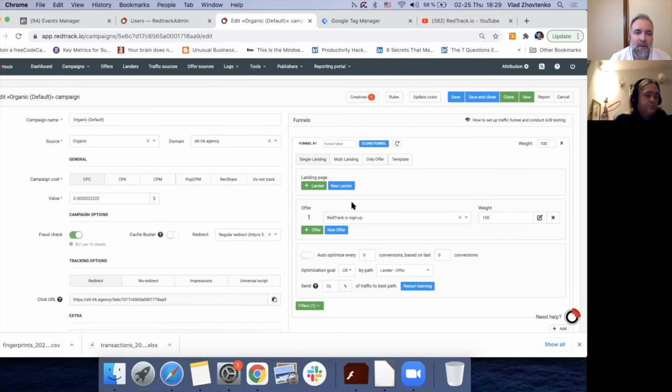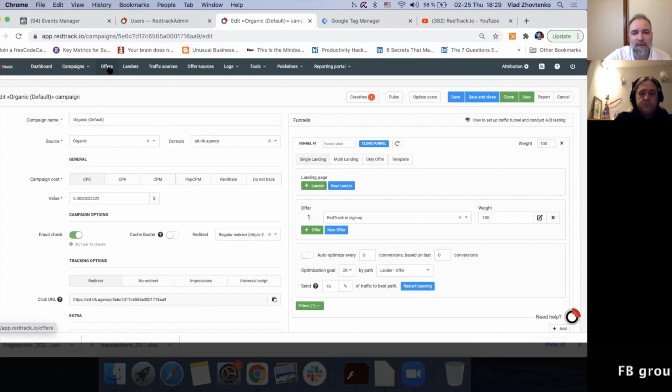And then you have additional offers where you promote stuff from ClickBank, and then reports on offer performance, and of course landing pages, sources, networks, logs, some tools. This is stuff if you want to run your own affiliate network or you have third-party customers that you want to share data with.